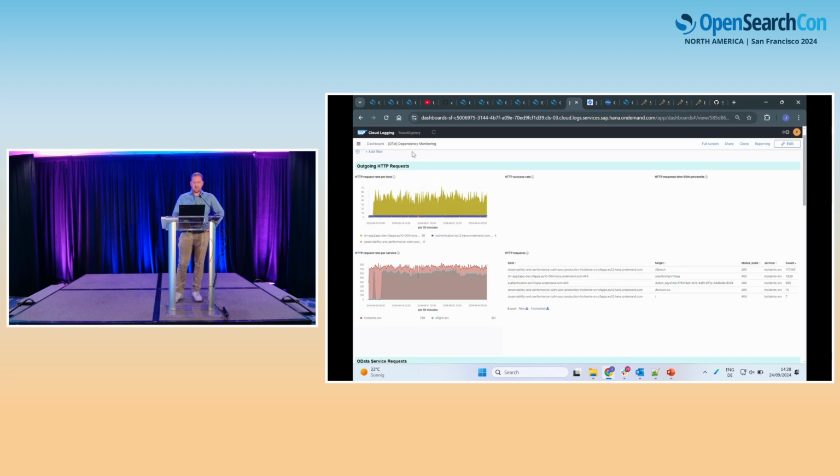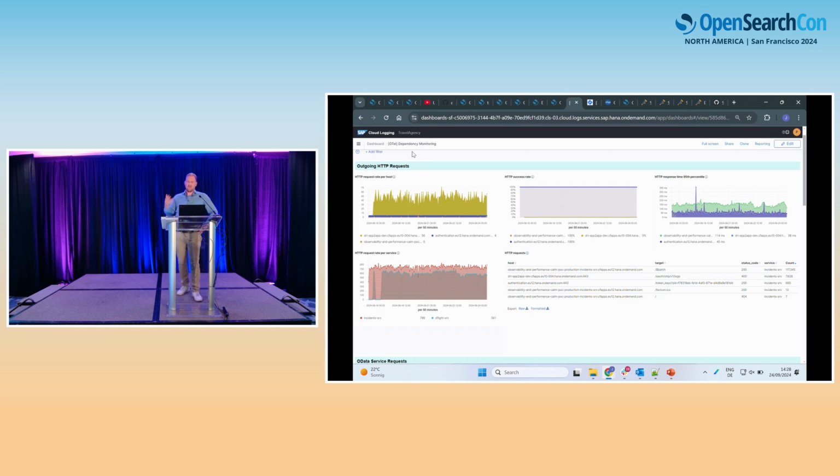So with that outgoing requests, we have the chance to filter for the sender and for the target, and get the classical RED metrics, like request metrics we have, like success rate, response time percentiles. We can also filter for specific request paths, status code, and so on. So I think it's really